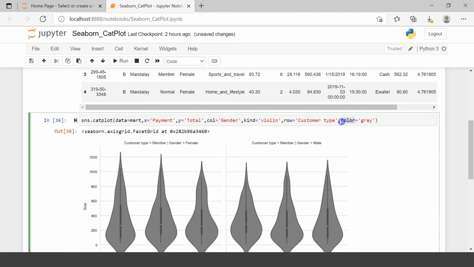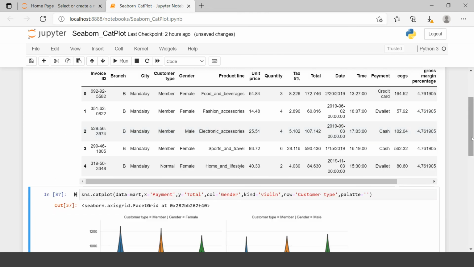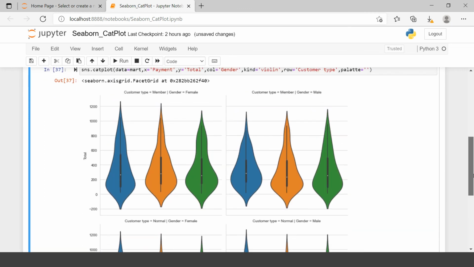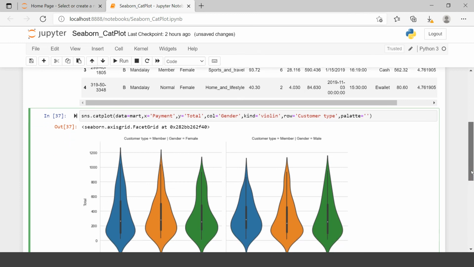Let me use palette. Now I don't know what palettes are available, like I taught you in the previous videos, so I will just say palette equals to blank. Oh, here it does not provide you the list of acceptable palettes, but in the previous video I showed you how to get the list of palettes. If you have not seen that yet, just click the link over here and you can check that out.